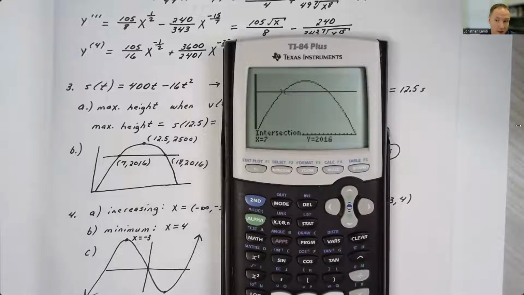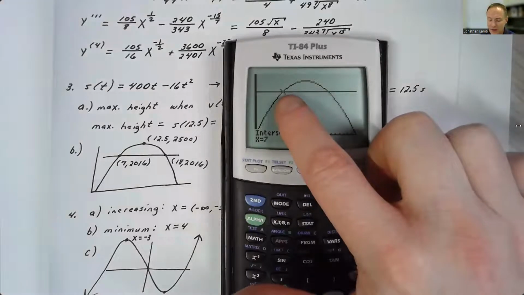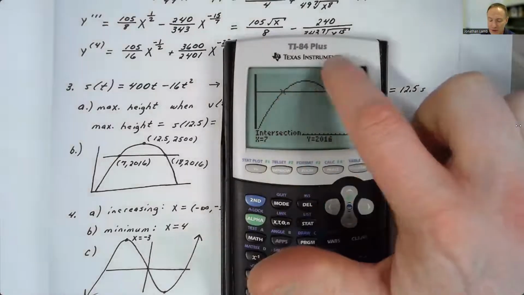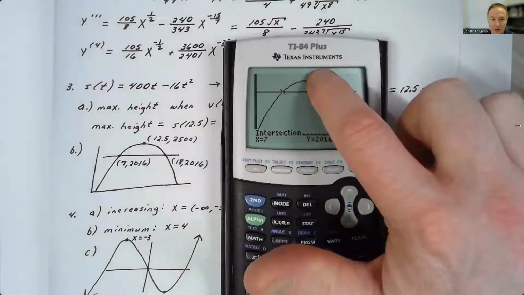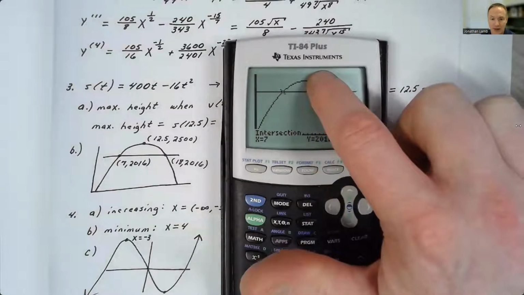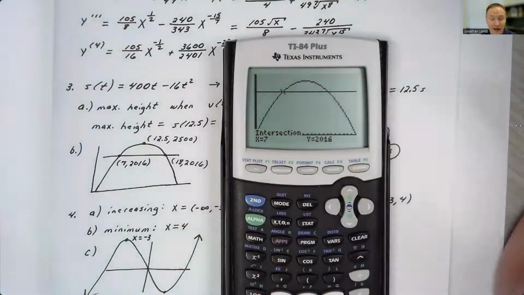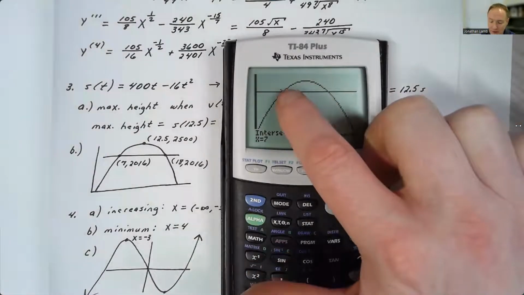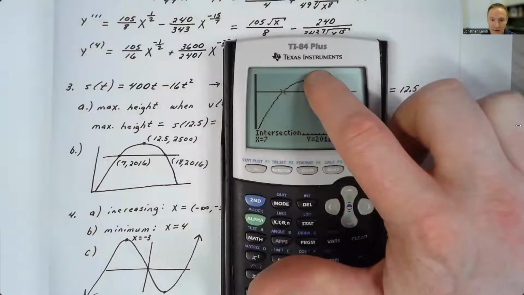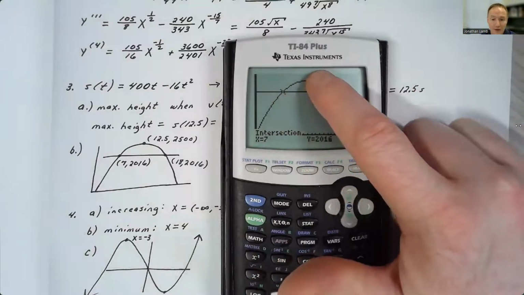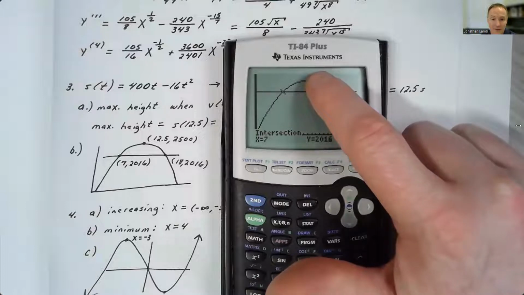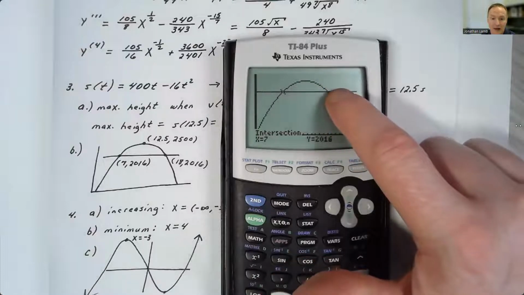Now, I already know what the other answer is just by logic, because whenever you think about it, you say, okay, the time from this position to the maximum position was 7 to 12.5 seconds. Well, 12.5 minus 7, that's 5.5 seconds. It took 5.5 seconds to get from this height to the maximum height. Well, I guarantee you it's going to take 5.5 seconds to get from the maximum height back down to that